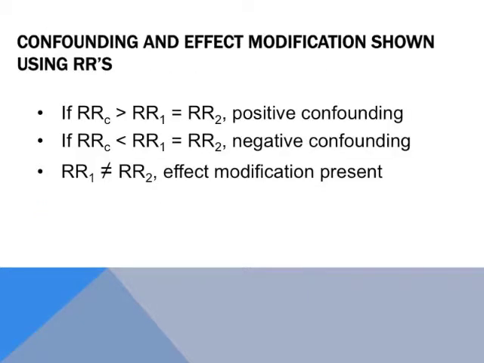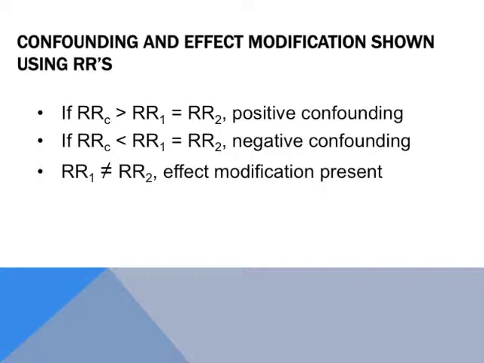The presence of confounding and effect modification can be evaluated through a stratified analysis. If the risk ratio is the same or similar across the different levels of a potential confounding variable in the stratified analysis, but is different in magnitude from the crude risk ratio, then confounding is present. If the crude relative risk or risk ratio is greater than the stratified, it is termed positive confounding. If it's smaller, it's termed negative confounding. If the stratified odds ratio or risk ratio are different across the strata, the effect modification is present. Confounding needs to be controlled while effect modification is described, as in our example where the results were presented separately